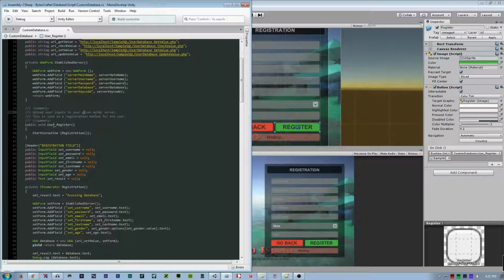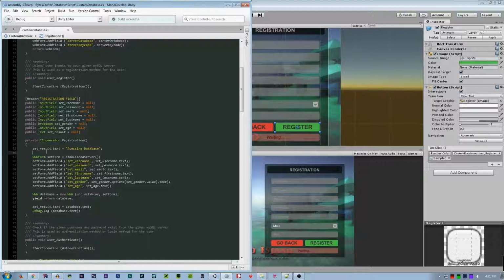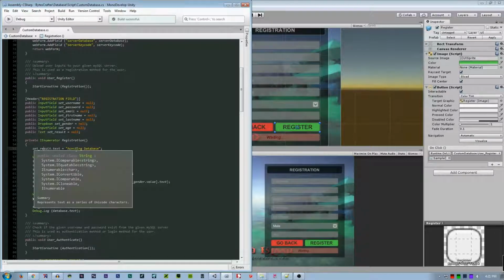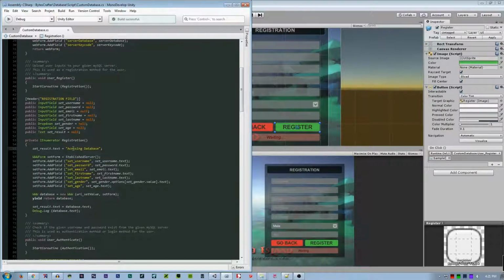So just by doing this, making a regular method, public void user_register, start a coroutine, and the name of the enumerator. So here we set the waiting text to accessing database. Sorry, wrong spelling.